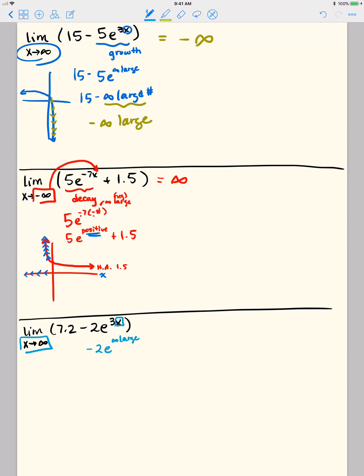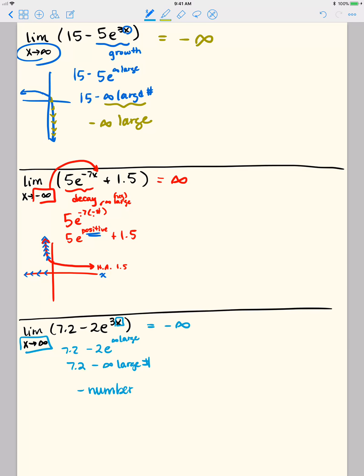And then we raise e to that infinitely large power and multiply it by 2. So what you have is the number 7.2 minus an infinitely large number. And, using some arithmetic, if you take 7.2 and subtract 1 million, or 7.2 and subtract 5 billion, you end up with a negative number that ends up getting infinitely large as well. And so the function values should approach negative infinity as x goes to positive infinity. Again, graphically,